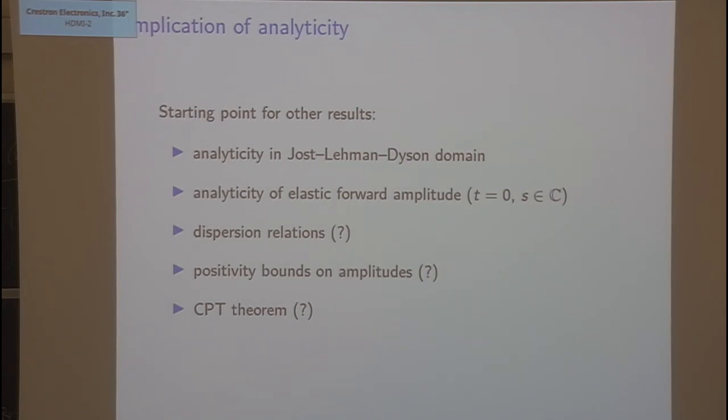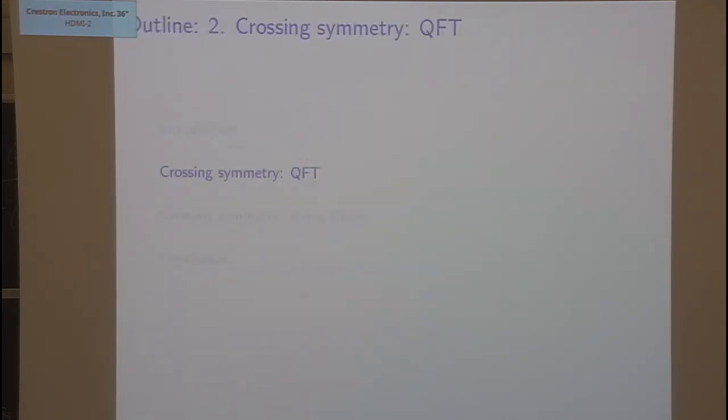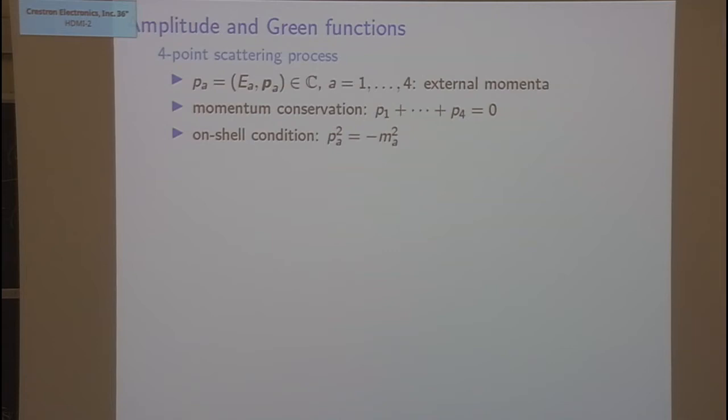So the main idea is that first I will review in QFT how they did the proof and why in string theory you cannot just say that it also works. Then we'll generalize the proof of Bros-Epstein and Glaser to work with a more general QFT. This more general QFT will include string theory, but in principle you can also consider more general QFTs if they fit our assumptions. So, yes, let me start with QFT.